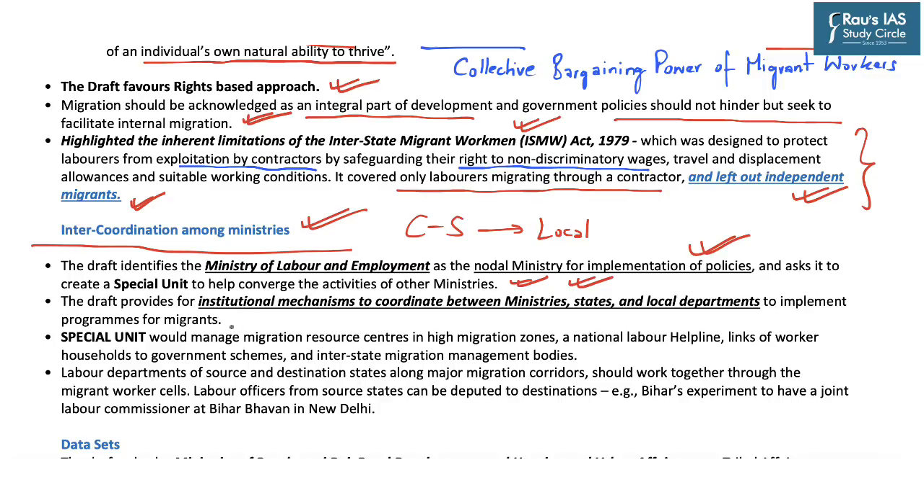So it says that this special unit will manage migration resource centers in high migration zones. It will also provide for a national labor helpline. It will link the worker households to government schemes and also provide for interstate migration management bodies. Further, the draft provides for institutional mechanism to coordinate between ministries, states, and local departments to implement programs for various